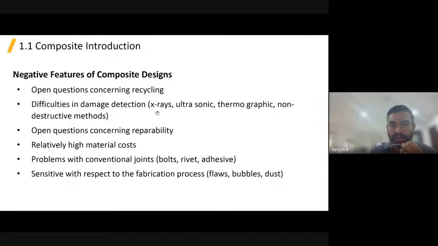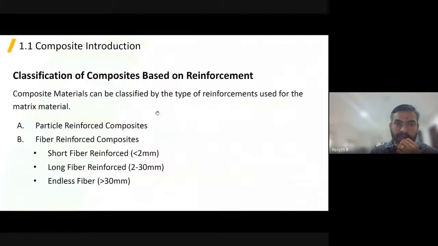Actually, I'll move on to the next section because I want to discuss more about the analysis part. So this is the classification of composites. I will just touch upon these slides, that is, what are the different types of composites. First one, particle reinforced composites, where particles are mixed with the matrix. One simple example is reinforced concrete. You can consider the metals as the particles, and the concrete, the cement, as the gluing material,